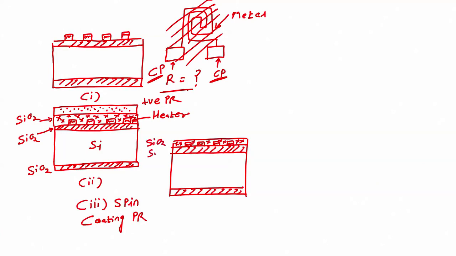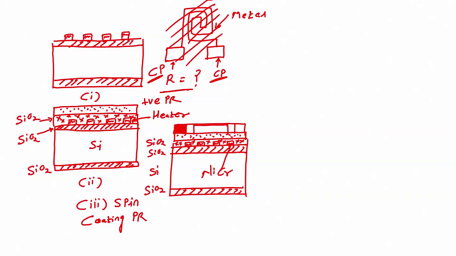SiO2, Si, SiO2, and then we have here our heater, which is nichrome, and then we have our photoresist. We will form a photoresist which is shown by dotted pad, and then on this I have a mask which is dark field mask. Only the contact area of the heater would be exposed.